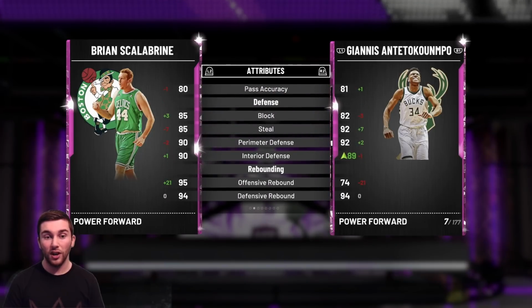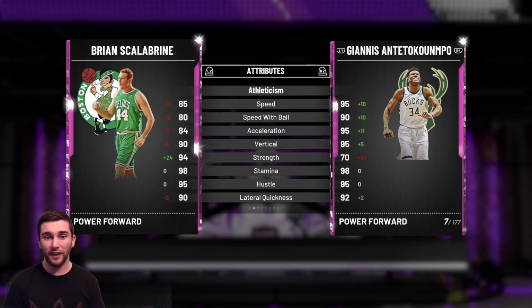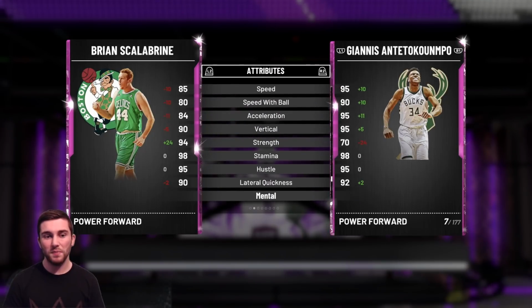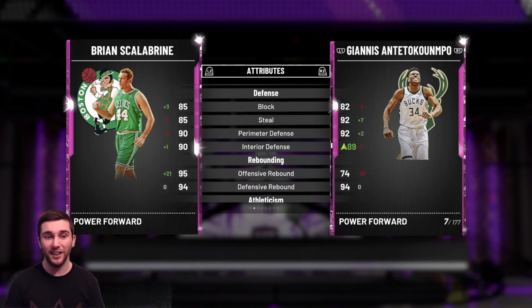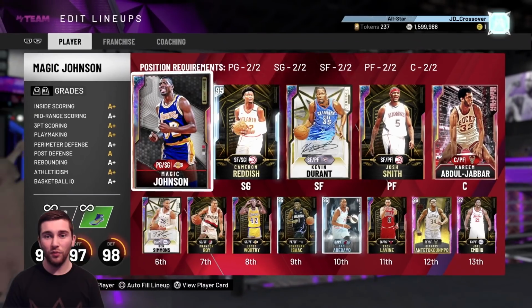He can speed boost, perimeter D and interior D at 90. 95 rebounding, 94 defensive rebounding, 85 speed. It could be a little bit higher, 84 acceleration, so you definitely have to put a shoe on him for speed, and 90 lateral quickness is very nice. So Scalabrine looking like such a good card, but he comes in at that small forward, power forward position,